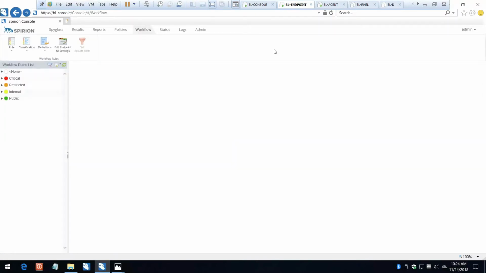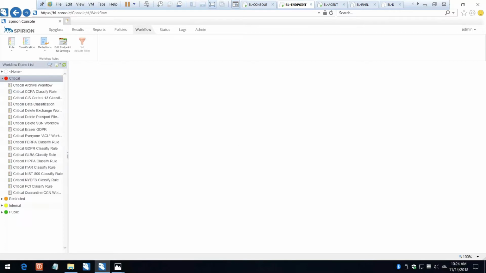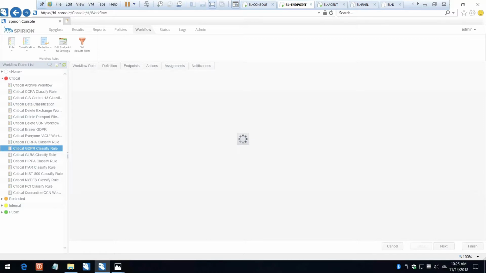Yes, exactly. I want to interject here, and I wanted to make it clear that what we have here with Spirion is not a substitute for a DLP, but in fact complements DLP. Can you talk about how the two work together as a united team? Yeah, absolutely. Great segue into workflow again. So in addition to being able to find a particular type of data, regulatory body, such as I created here, part of the classification process allows you to define classification, which is extremely important for downstream operations like your data loss prevention tools, so your DLPs.